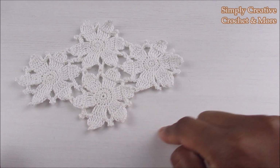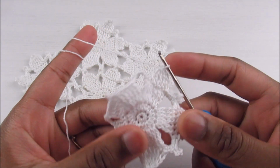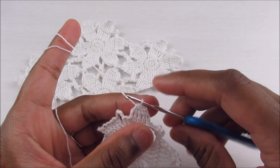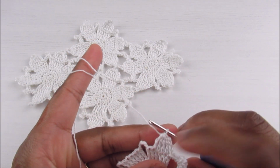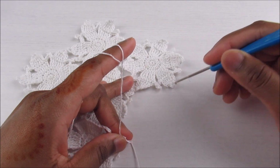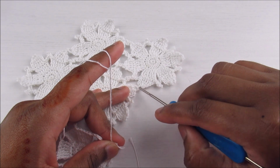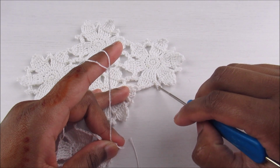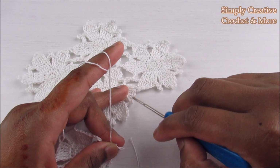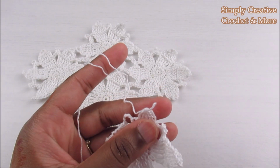So in here, for example, I've got the flower in the fourth round. I've already done 2 of the petals here, so this is the third one, and I'm going to join this one. To start, you'll have to start from this bit here. You see, this is already the joining of 2 petals. This is the chain 4 picot, and this is the chain 5 picot. So I'm going to start from here and go all the way and join until here. So you will see how